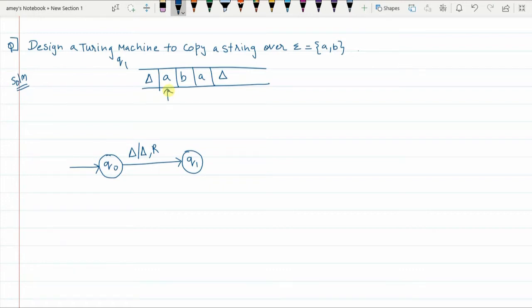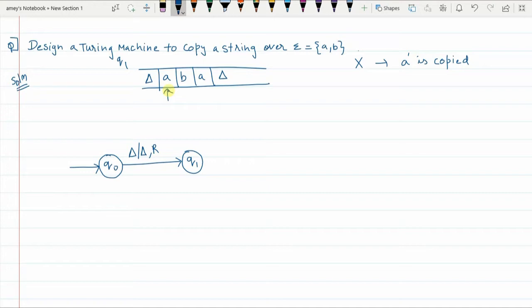Now since we want to copy, I'll be using two notations. Let X be the notation that small a is copied. How will the Turing machine remember which element is copied and which element is pasted?